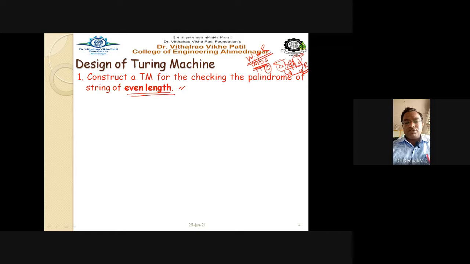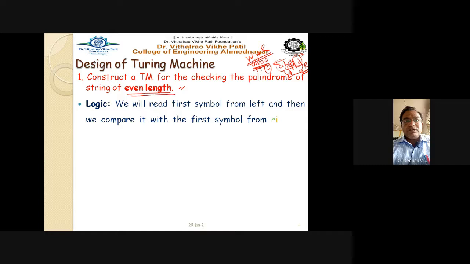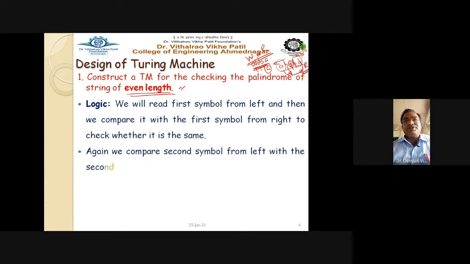Let us see the logic to design the Turing machine for the even length string. We read the first symbol from the left, and then compare it with the first symbol from the right to check whether it is the same. So start reading the string from the left, first read the left symbol and then the right symbol, and check whether they are the same.